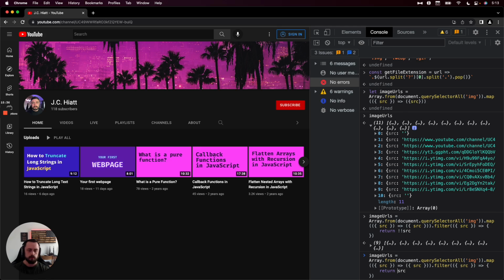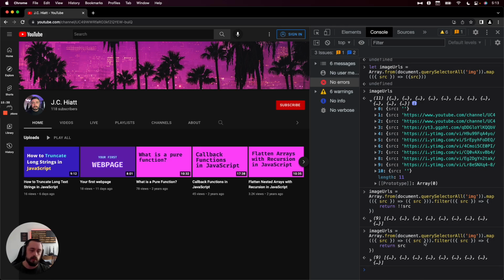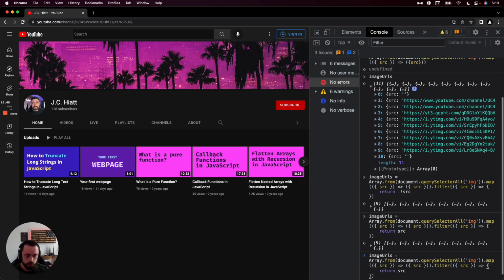I believe we could also just do return source here. Yeah, so as long as it's truthy, because again, empty strings are falsy in JavaScript. Okay, so the last thing that we probably want to do is, in this filter, we can also